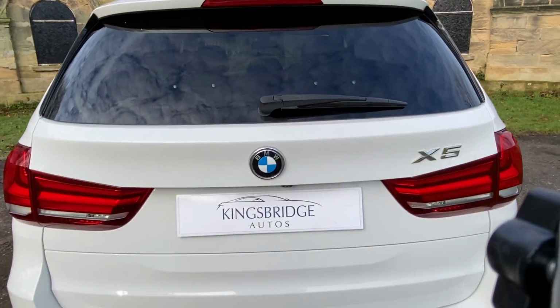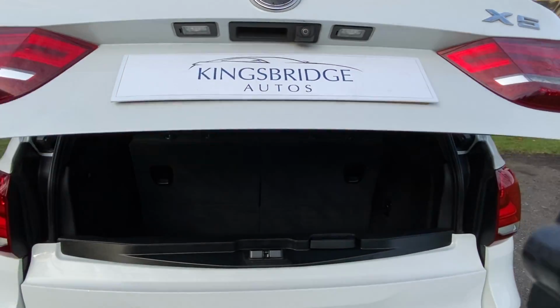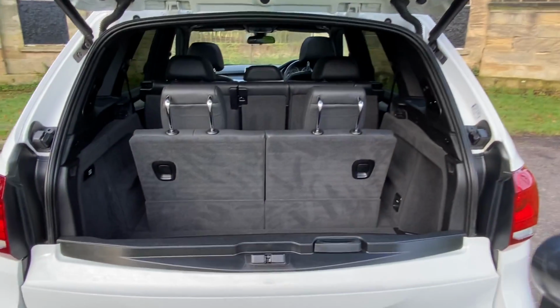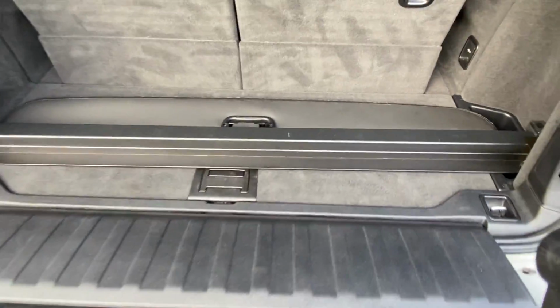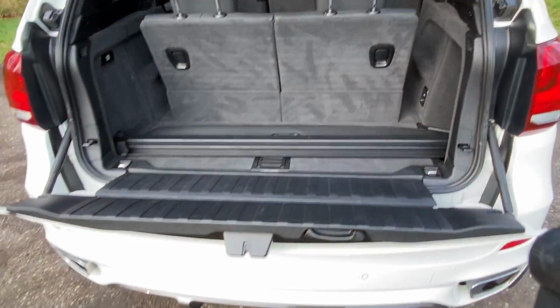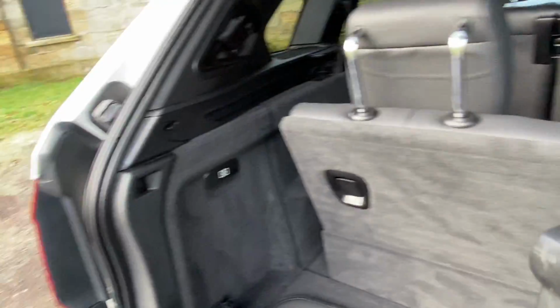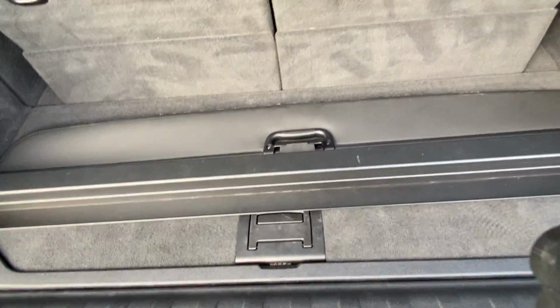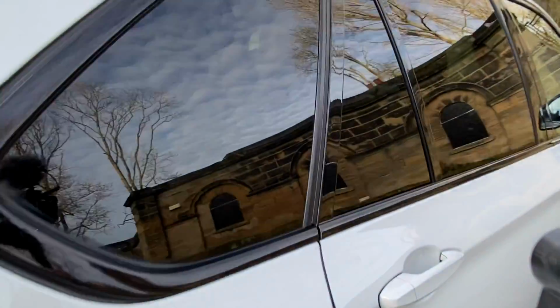I'll walk you through the inside. So if we open the boot, it's got a power tailgate there. 2 rear leather seats with adjustable headrest there up now. There's the load space cover there. 12-volt socket, first aid kit, and then you've got your locking wheel nut, etc. in there. So if I show you those seats from the back,